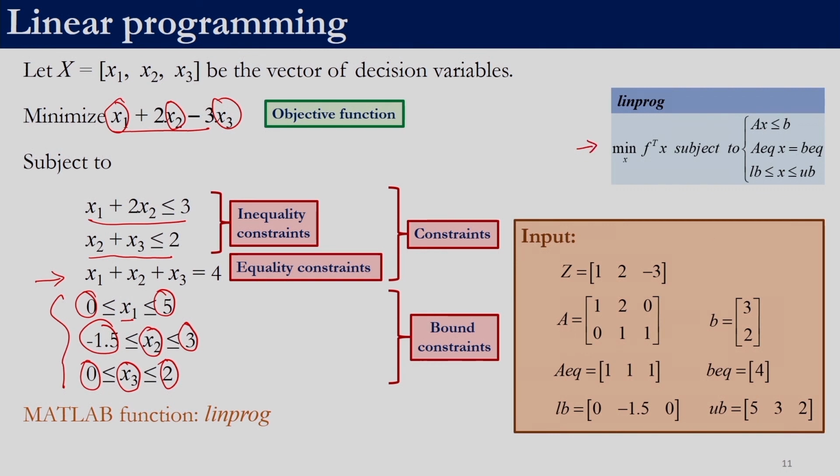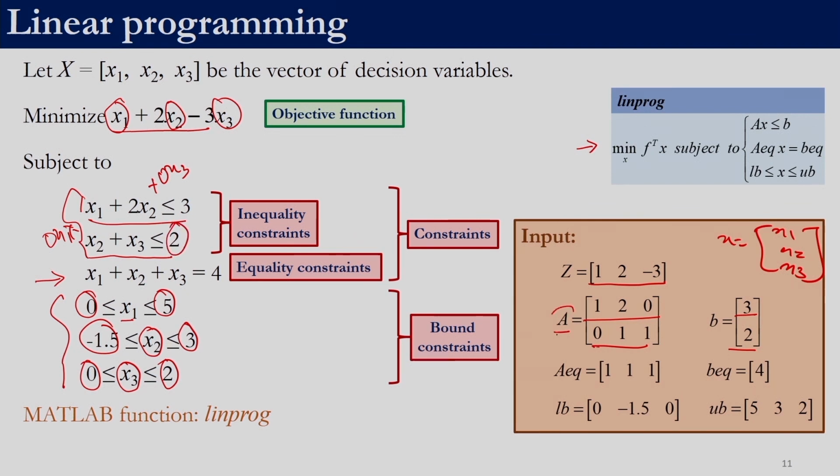So, here we will define x to be x1, x2, x3. The coefficients of x1, x2, x3 are 1, 2 and minus 3. When we compute z times x, we will get x1 plus 2x2 minus 3x3. For these 2 constraints we need to find the coefficients of x1, x2, x3. The first equation is 1x1 plus 2x2 plus 0x3 less than or equal to 3, so we have 1, 2, 0 here, and the right hand side is 3. Similarly, the second equation is 0x1 plus 1x2 plus 1x3, so 0, 1, 1, and the right hand side value